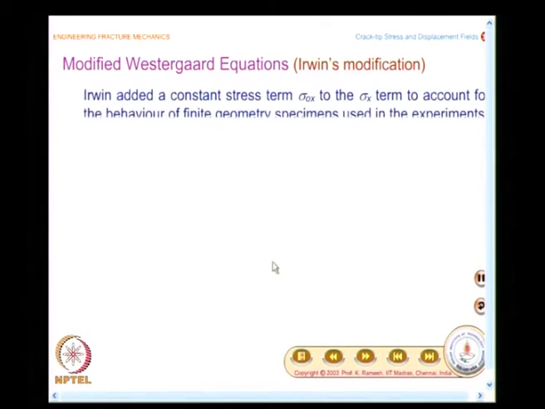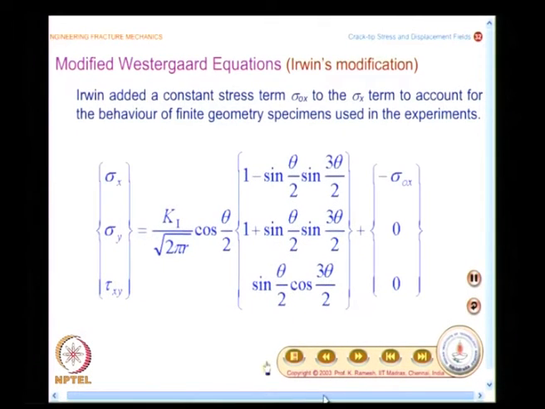On the other hand, people who are working on numerical methodologies, because they force how the crack tip to behave, they can go very close to the crack tip. So, they were really not worried about necessity for higher order terms. They were living comfortably with singular solution. Whatever the solution that we have got, which has a term 1 by root r, is called a singular solution. So, they were comfortable with the singular solution. Only experimentalists felt that this is not so and we have to do something about it.